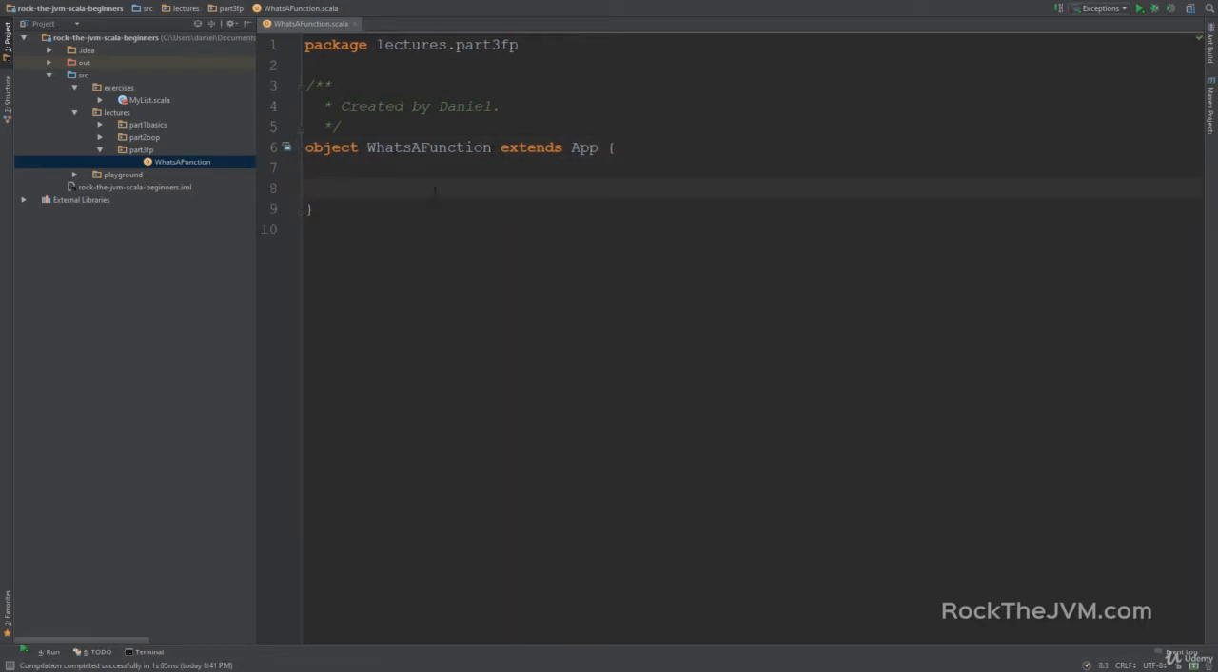Good. Now, the whole purpose of the functional programming section is to use and work with functions as first-class elements. What that means is that we want to work with functions like we would with plain values. That's the dream. The problem